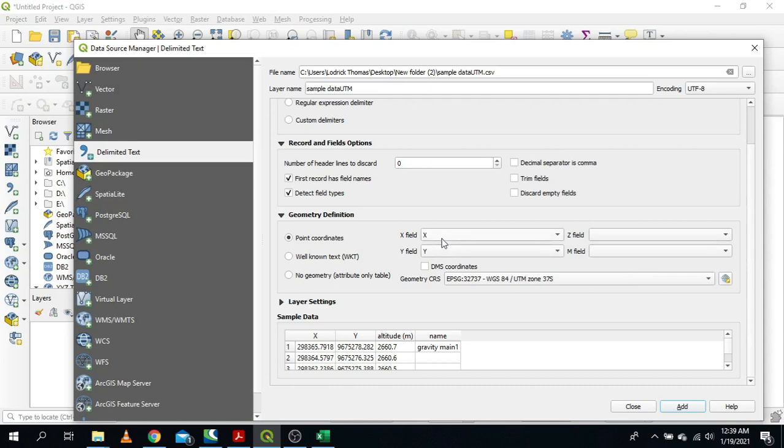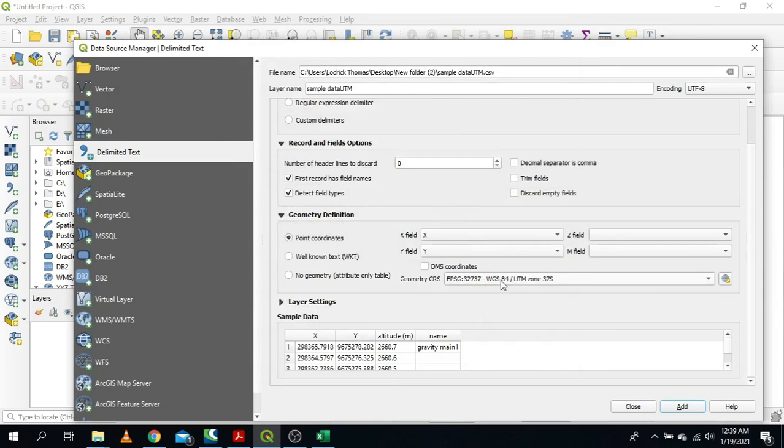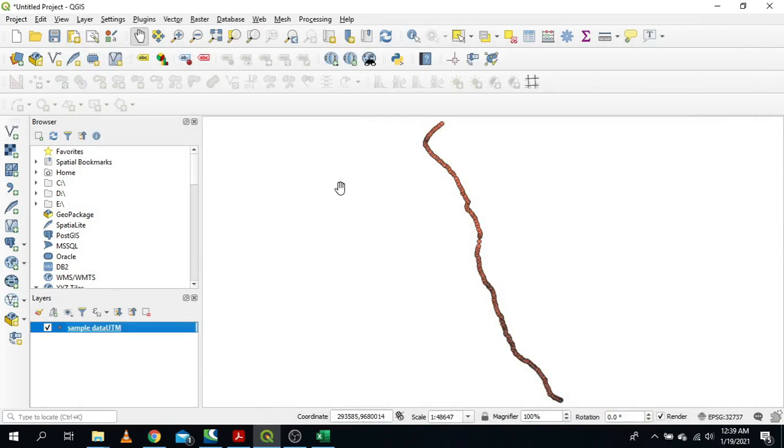So for me, it is X and X, Y and Y. The next important step is that our coordinates are now in UTM. So make sure that you go here and select the UTM zone where you live. For me, I'm living in zone 17, so I'm just going to select it. Again, this is very important. If you mess up here, you are not going to get good results. From here, just click add, then close this.